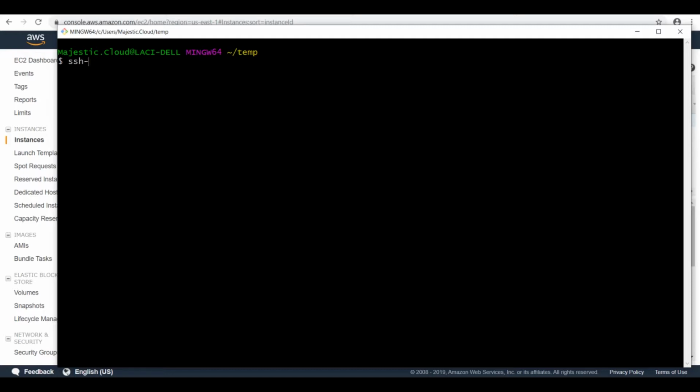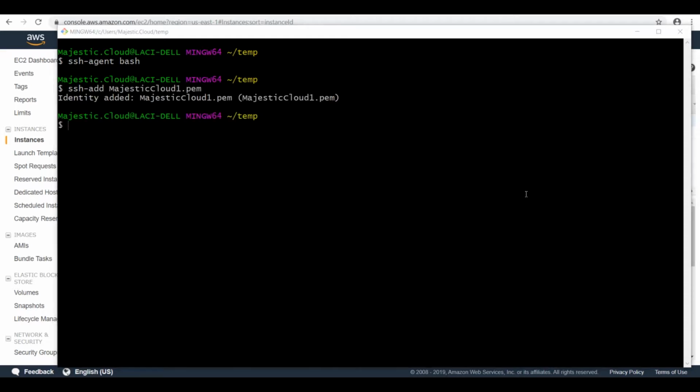So for this I need to set this SSH agent and then add the identity. Okay, so now actually issue the command ssh